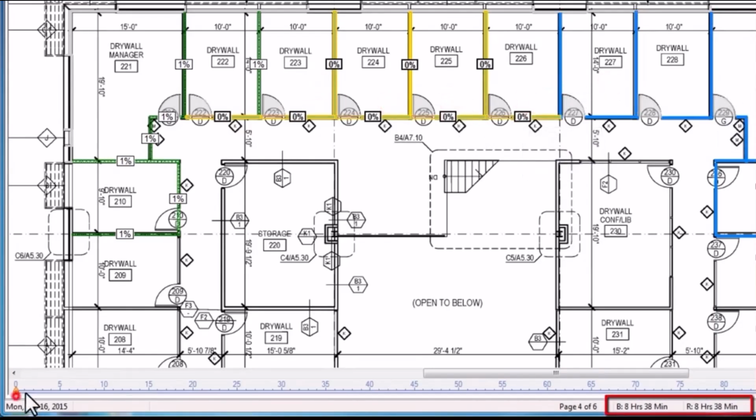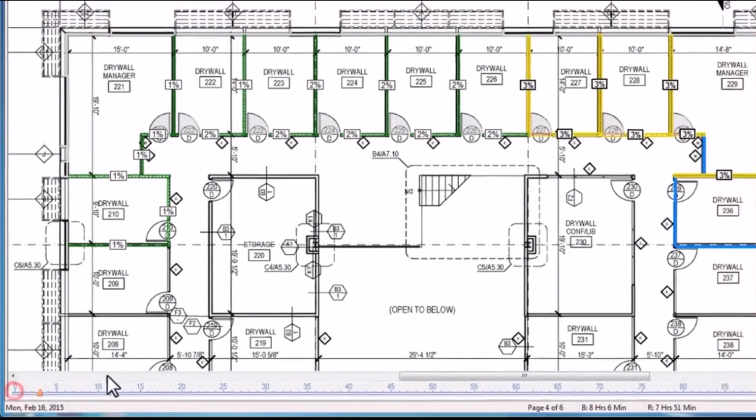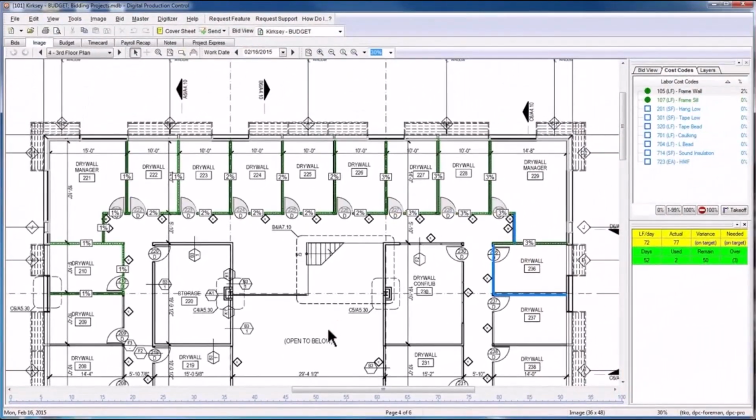There's, for crew 2, 8 hours and 28 minutes. And crew 3 is scheduled for 8 hours and 6 minutes. Again, it is recommended that you consider planning for just over your budgeted hours of work. That way, if your crew completes the work you've lined out for them that day, your project will actually be